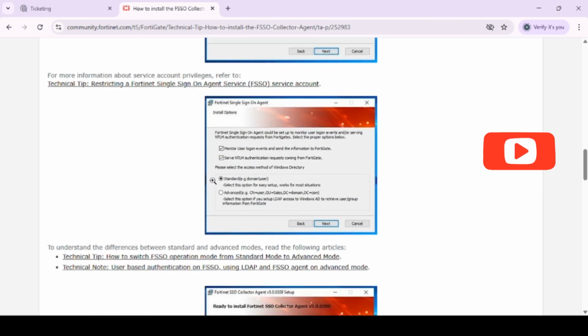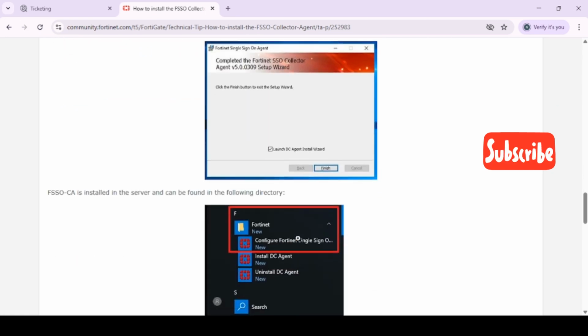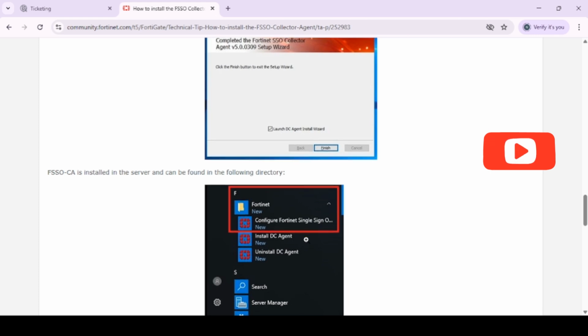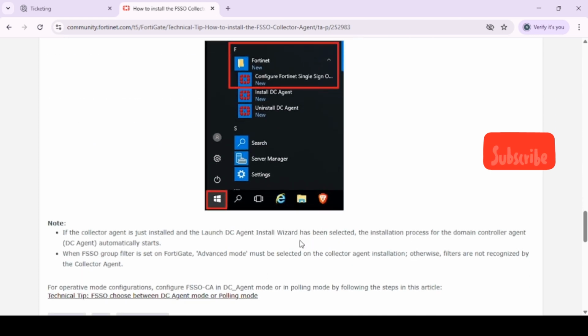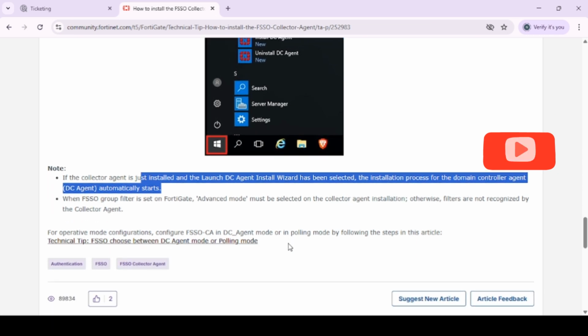After that, select standard domain user, and then click on install. Once installation is done, you can see FSSO CA is installed on the server and can be found in the following directory, where you will find the single sign-on agent. If the collector agent is just installed and launch DC agent wizards has been selected, the installation process for the domain controller agents starts automatically. So this is the step to install this collector agent on the